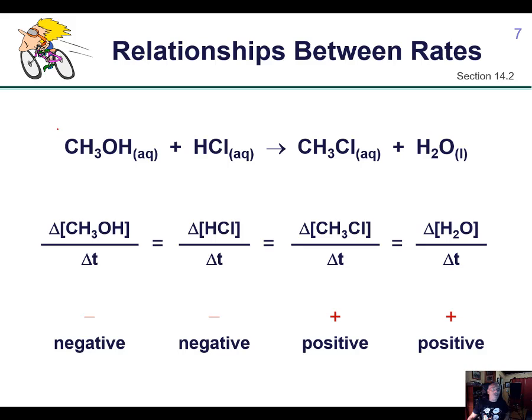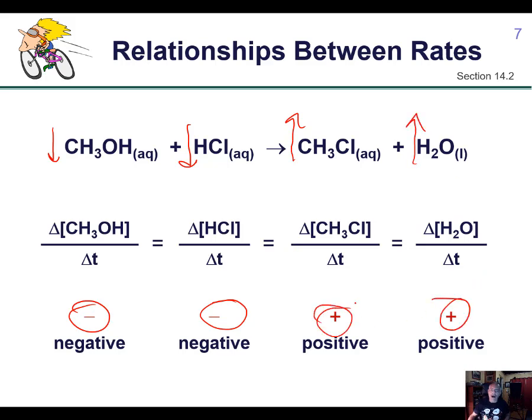As a reaction proceeds, the concentration of the reactants decreases. That's why we give them a negative value, and the concentration of the products increases. That's why we give them a positive value. Now, that may be confusing to some folks, and it's completely understandable, because when we express the rate of a reaction, we never express,